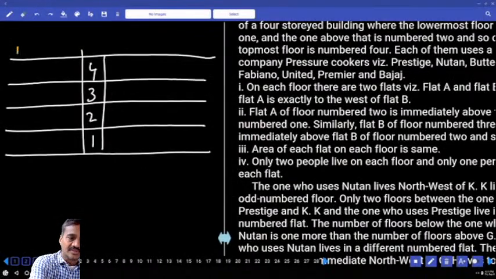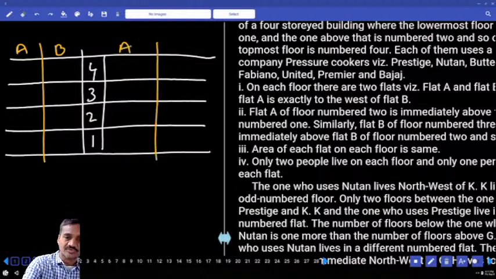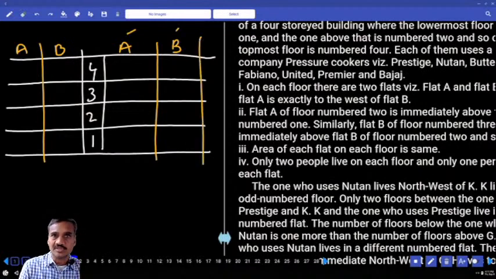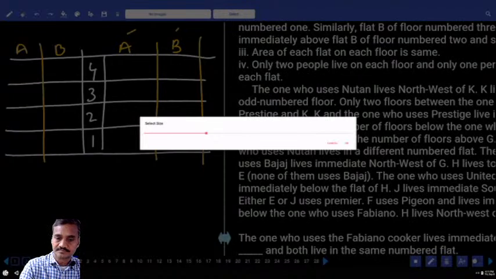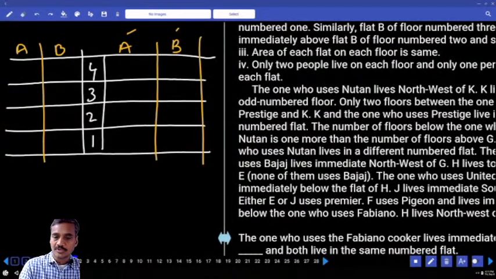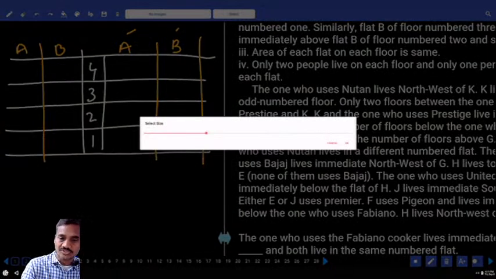And flat A and flat B. Flat A is to the west of flat B. And here also flat A is to the west of flat B. Now first you need to check whether A is to the west of B or to the east of B. And next one, the one who uses Newton